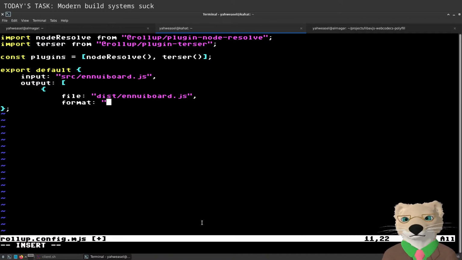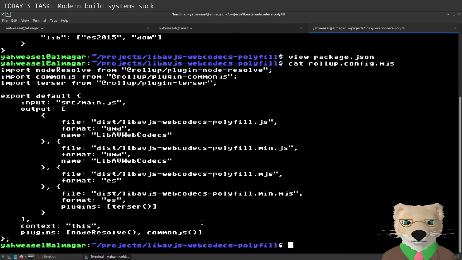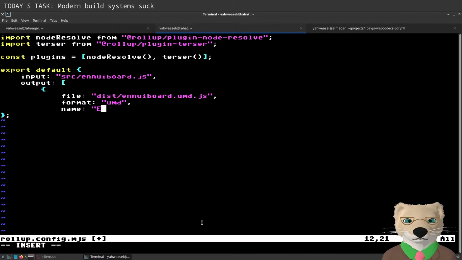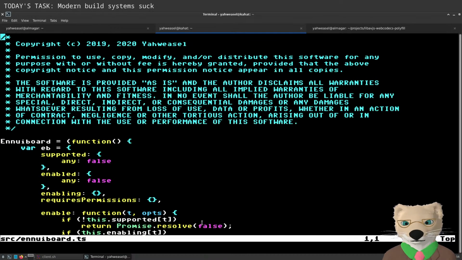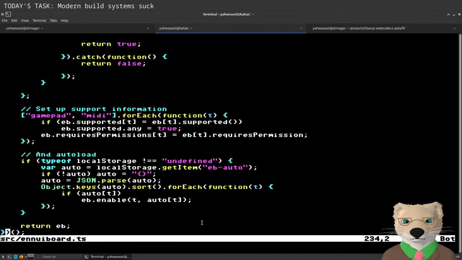How do I want to do this? Let me actually change my mind slightly. This will be .umd.js. I will name it explicitly, and the output name will be OnWiiboard. Do I want to change that? No, I will just make an export default.